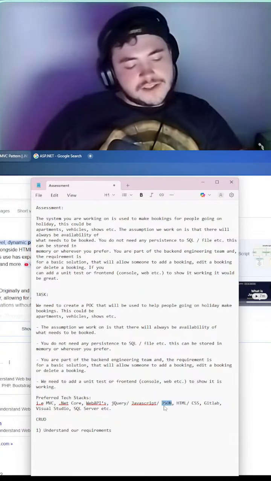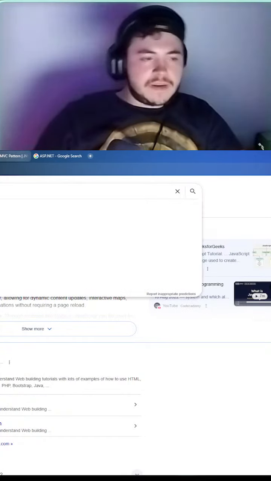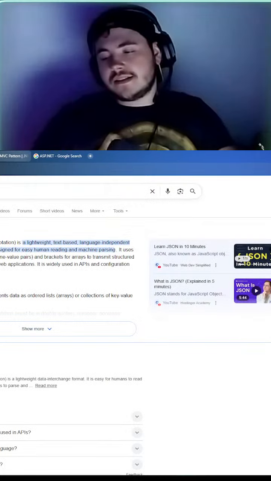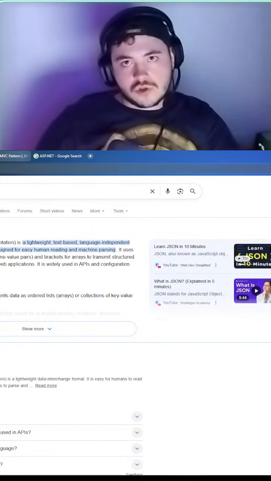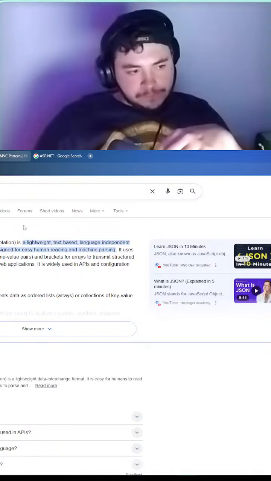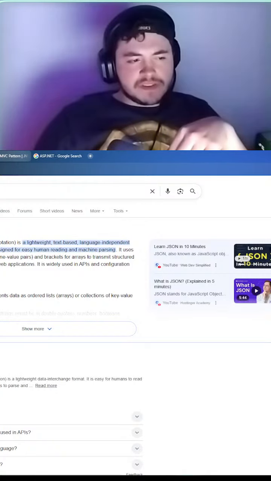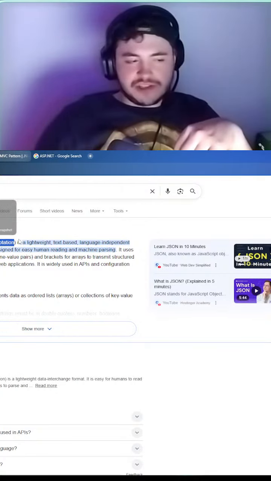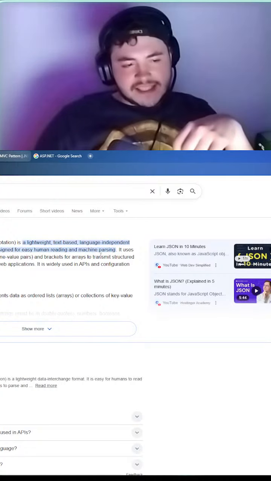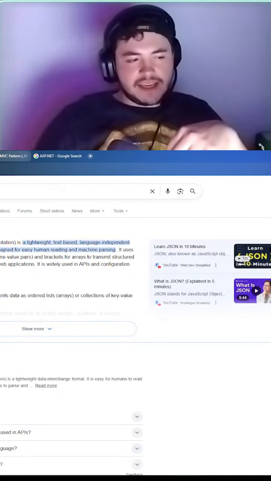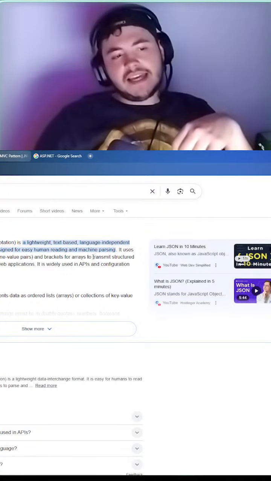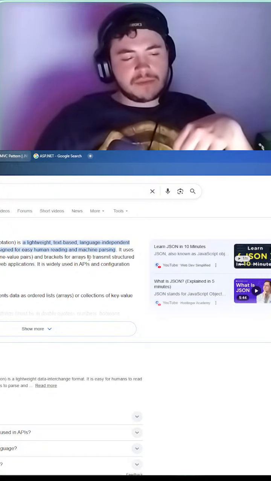What is a JSON? JSON is simply an object that is used to store information. So in programming, JavaScript Object Notation is a lightweight, text-based, language-independent data interchange format designed for easy human reading and machine parsing.